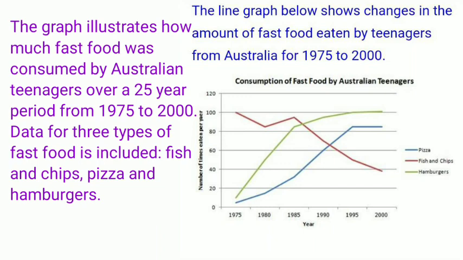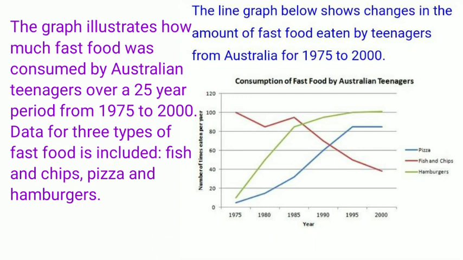For adjectives and adverbs, in order to show a big change you can use adjectives like dramatic, significant, rapid. Or the adverbs that can be used are dramatically, significantly, rapidly. For showing a small change you can use gradual, steady, and slight as adjectives. The adverbs that you can use are gradually, steadily, slightly, marginally. These adverbs, adjectives, nouns and verbs you can use in order to improve your writing. You will surely get a video about this also in the upcoming days.